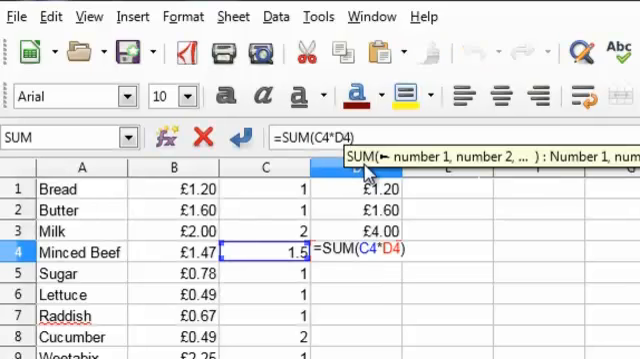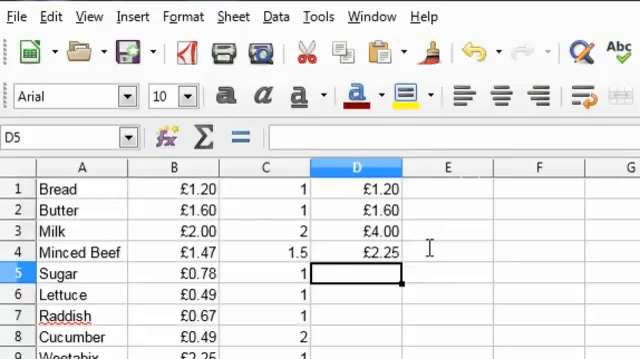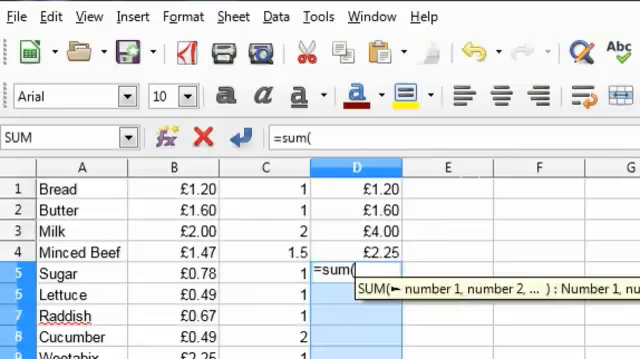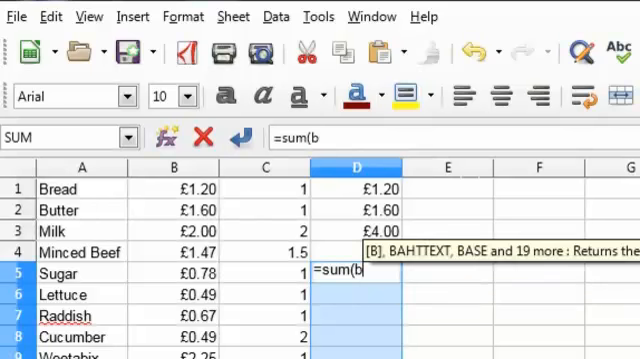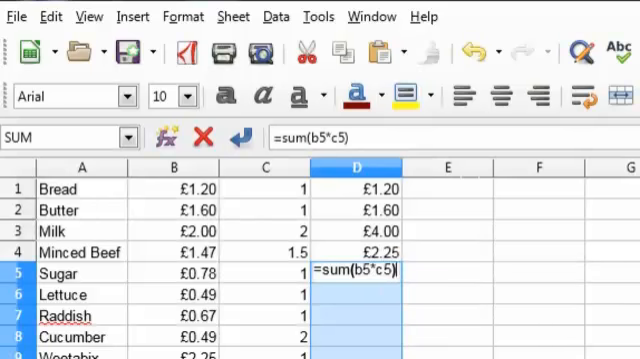Right, I put D4 rather than C4. Okay, that's a simple little thing. You need to check this as you go along. There we go, that's better. Sugar, etc. B5 times C5, close the brackets,